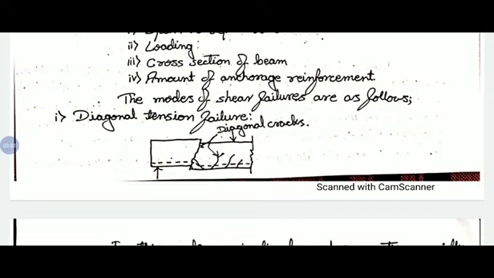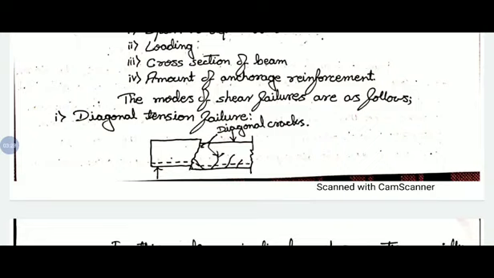So diagonal tension failure is caused because of insufficient shear reinforcement, the stirrups as we call them in the beam, that is insufficient stirrups, or the spacing provided for the shear more than the required. That is the main reason in which diagonal tension failure